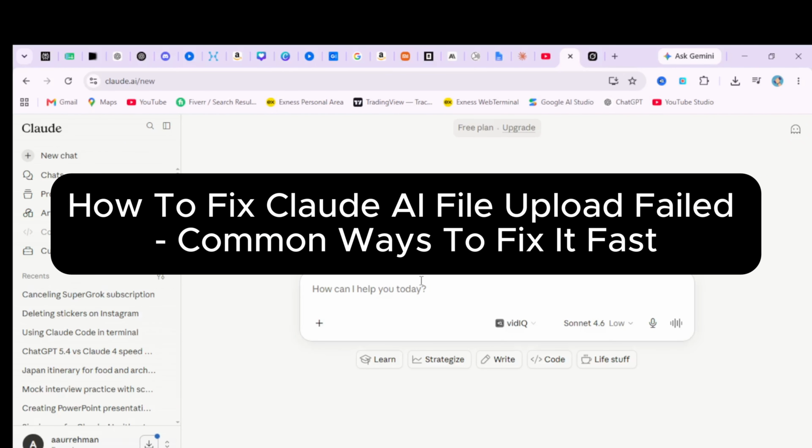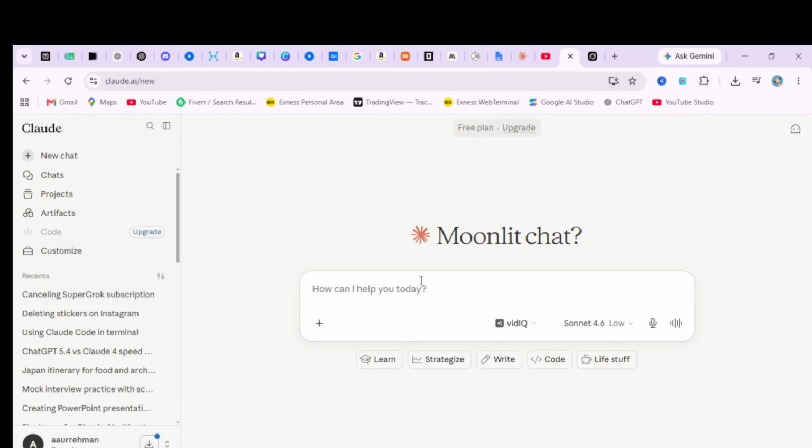How to fix Claude AI file upload failed. Common ways to fix it fast. Are you trying to upload a file to Claude AI and keep running into an upload failed error? It is one of the most frustrating things that can happen right in the middle of your workflow. In this video, I am going to teach you the most common reasons this happens and exactly how to fix